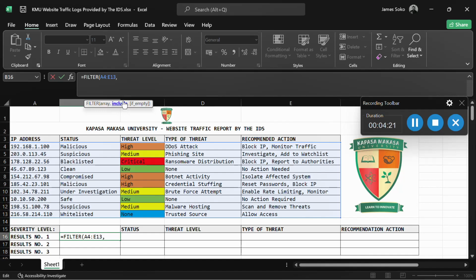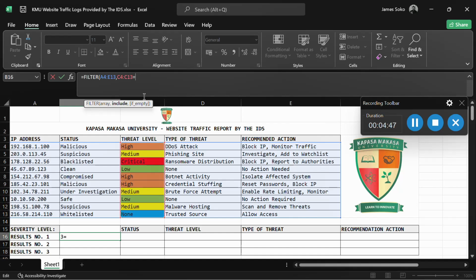Now what are we including? Remember, I just want to specify a single value based on the threat level. So I want to include this part for the threat level, starting at this box all the way to that last cell. Once this is included, I need to specify the value I'm looking for with an equal sign.